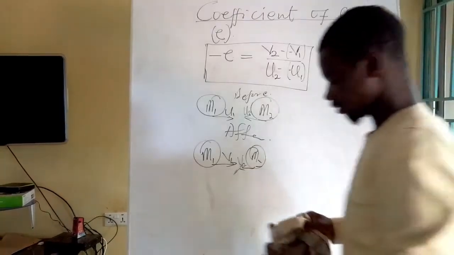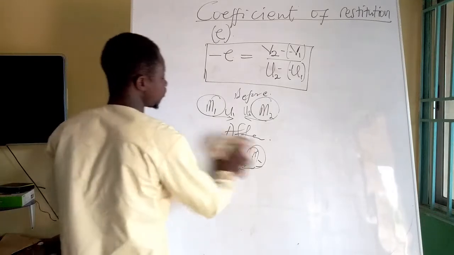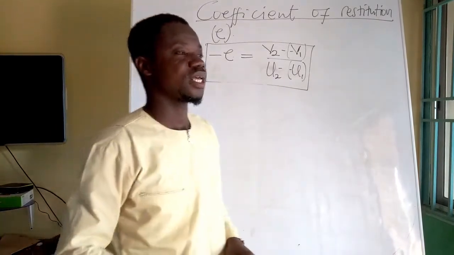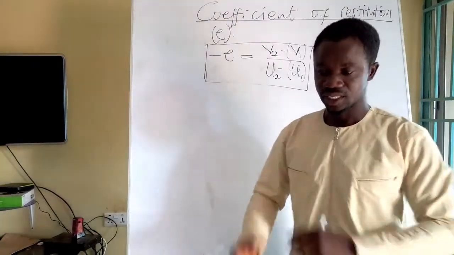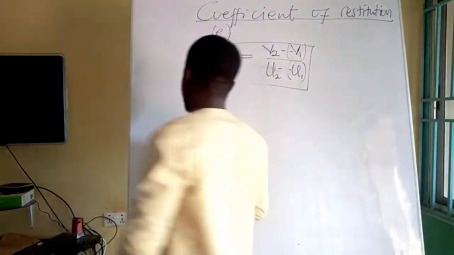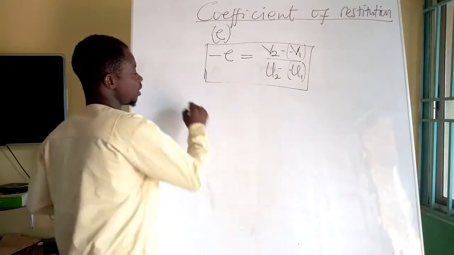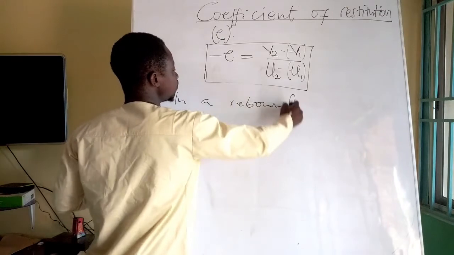So that is how we deal with coefficient of restitution. In a rebound situation, a situation whereby an object hits the ground and bounces off, then what is going to happen is that, you know, in a rebound situation,